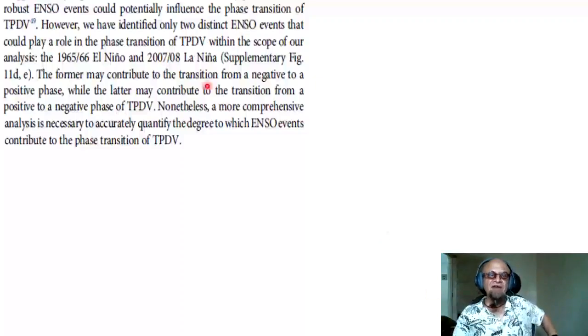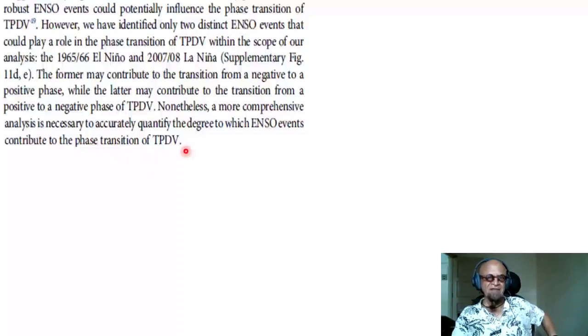However, we have identified only two distinct ENSO events that could play a role in the phase transition of TPDV within the scope of our analysis: the 1965-66 El Nino and the 2007-2008 La Nina. The former may contribute to the transition from a negative to a positive phase, while the latter may have contributed to the transition from a positive to a negative phase of TPDV. Nonetheless, a more comprehensive analysis is necessary to accurately quantify the degree to which ENSO events contribute to the phase